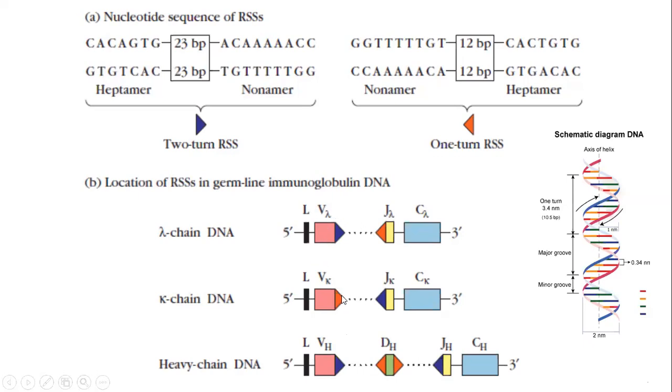Here VJ can combine, in the opposite direction. Can we see another concept where, in the heavy chain, V can combine with D also, forming VD, and D can combine with J to form DJ, and both can combine as in the light chains? But that is not happening. Only the DJ will start first, and then these DJ combinations will combine with V only. That is what people were able to observe during their biochemical or immunological methods.